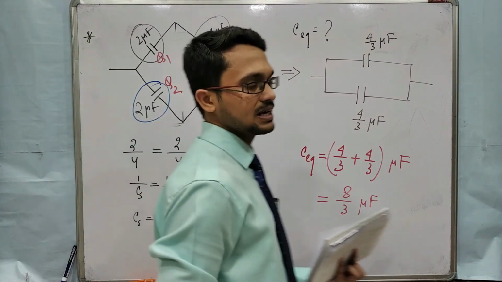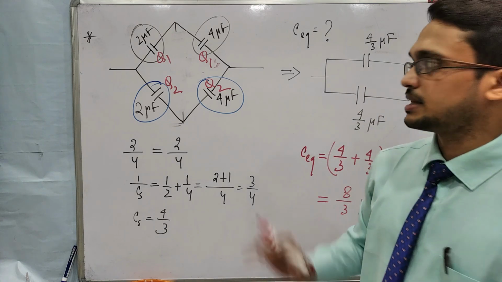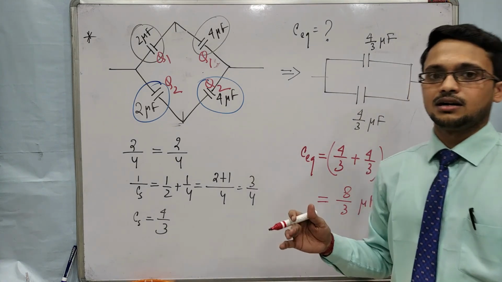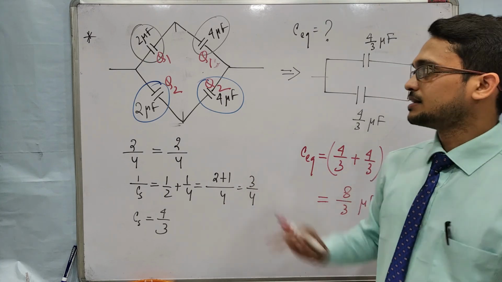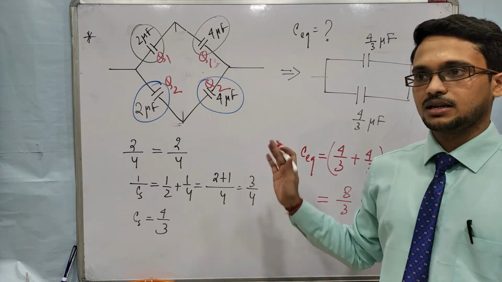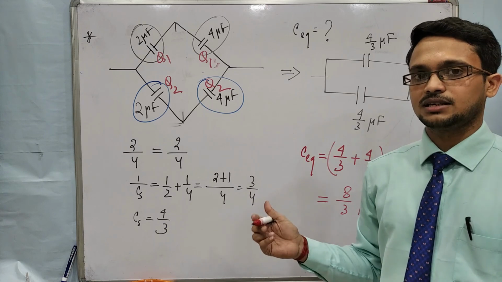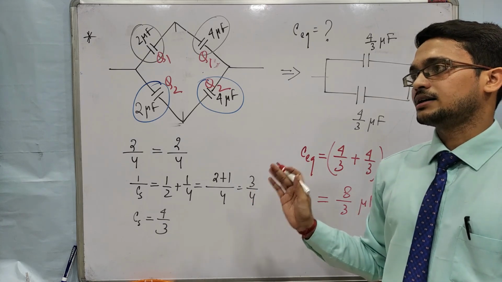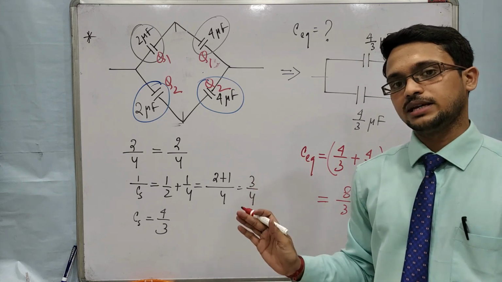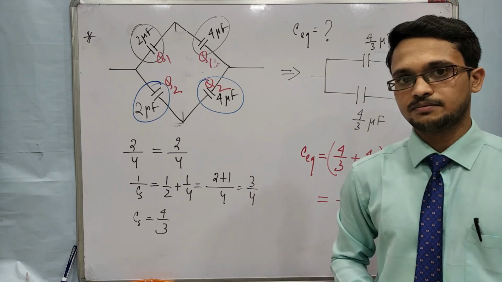So these are the topics: series and parallel combination, the mixed combination, and different points related to series and parallel combination. These are a few numericals, very important numericals. Find equivalent capacitance, very important for board and competitive exams. And the derivation of series and parallel are also very important for your board exam. Clear?